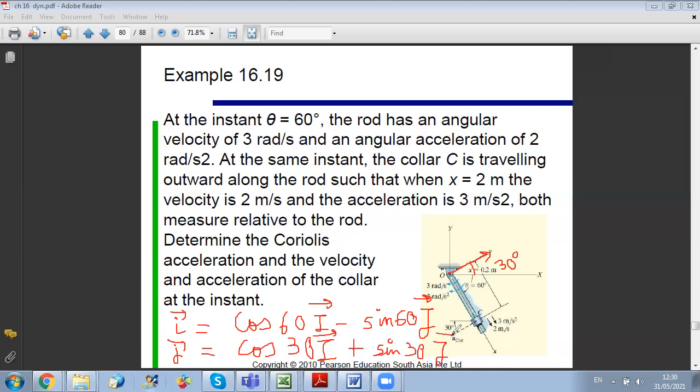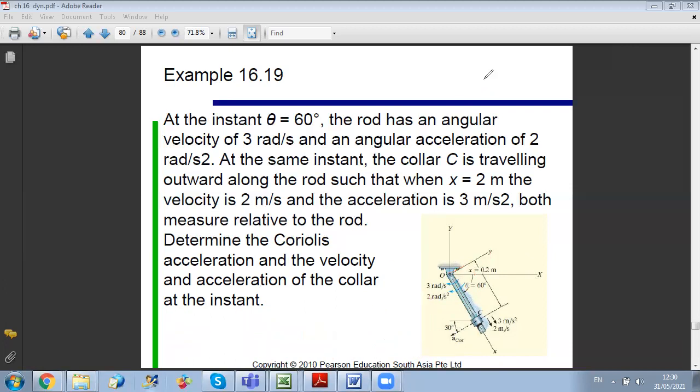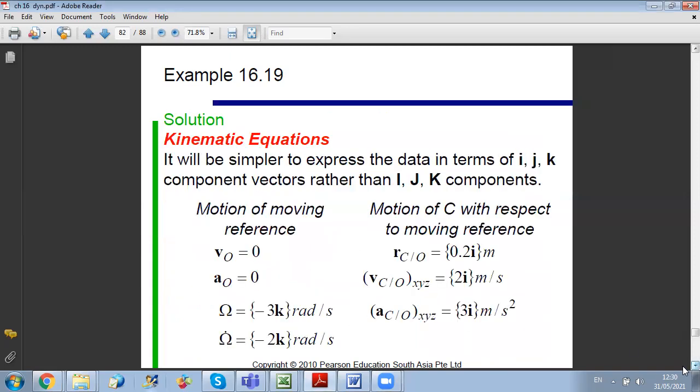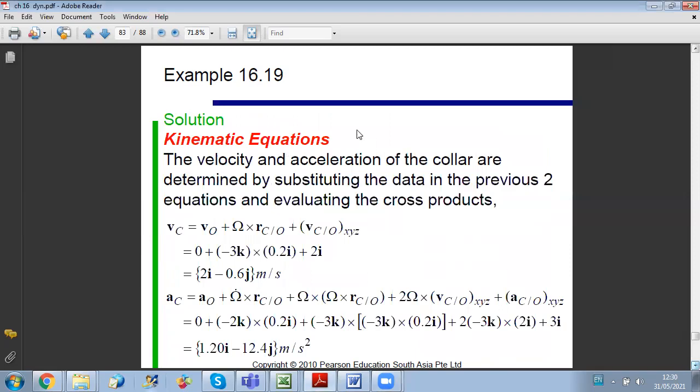Okay. Now, since my terms are easier along small i, small j, I keep working with small i, small j. So I will apply the equations to velocity and acceleration relating point O and point C. First, to start with the velocity relation, what do I have? I can write that velocity of C is equal to